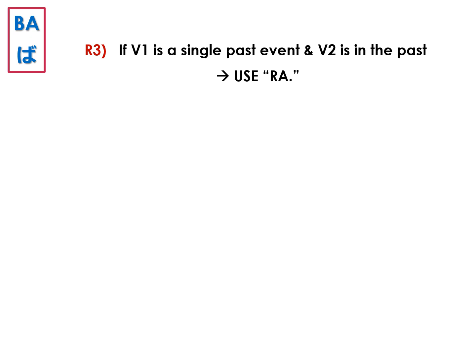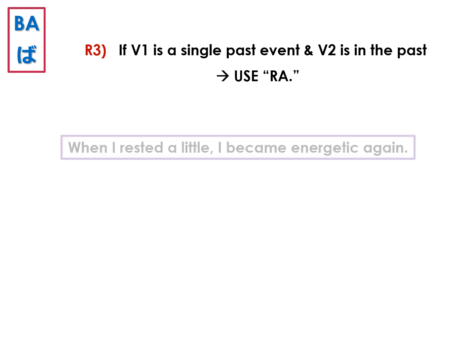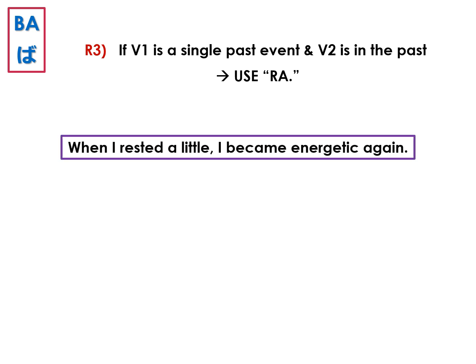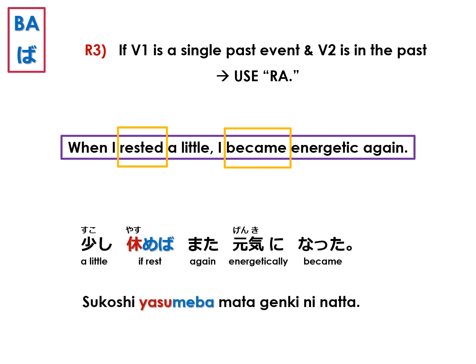And the last restriction, you can't use the ba conditional if you have a single past event in V1 and V2 is also in the past tense. For example, this sentence, when I rested a little, I became energetic again. Our V1 rested is one event in the past, and our V2 became is also in the past. In this case, we can't use the ba conjugation at all. So to say, 少し休めばまた元気になった